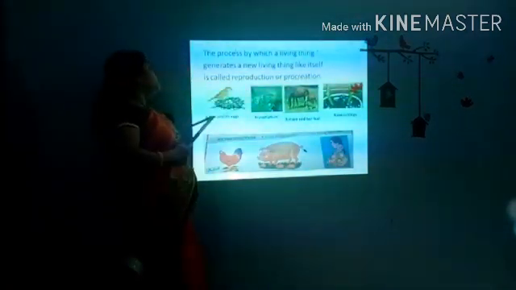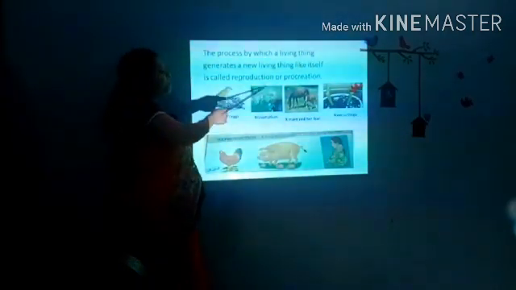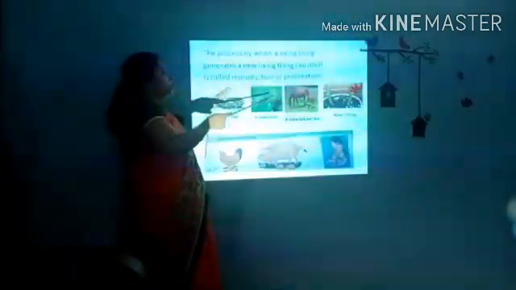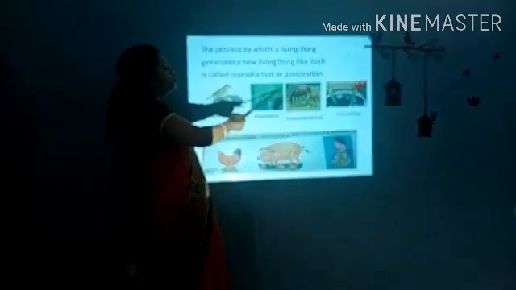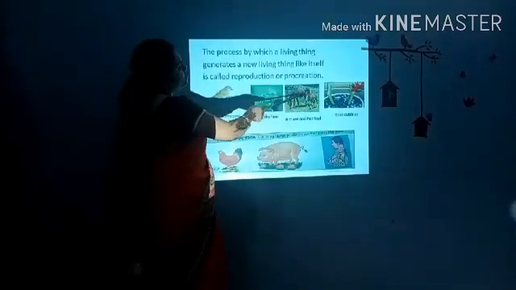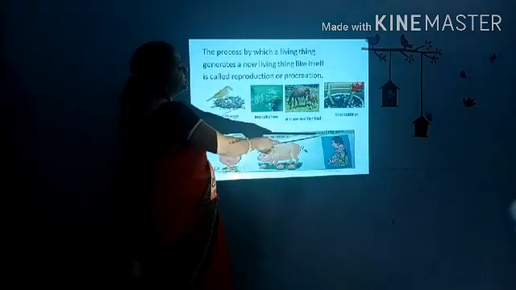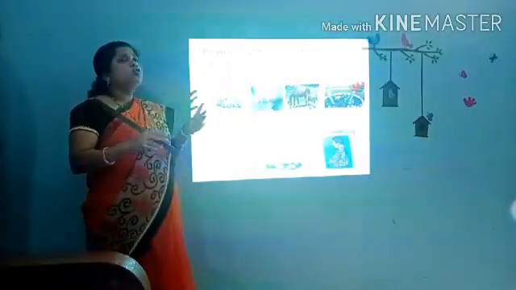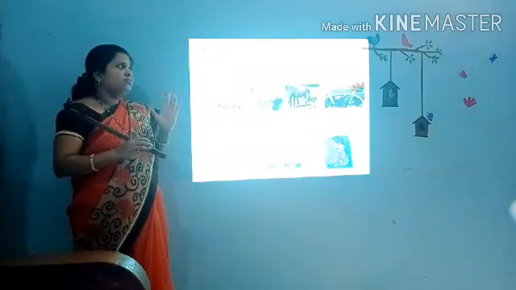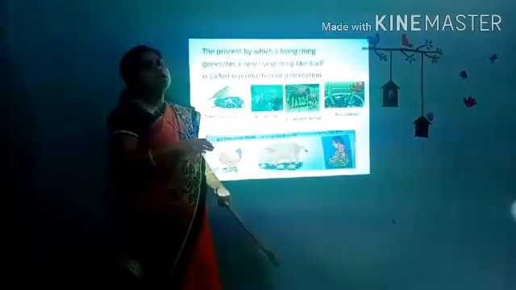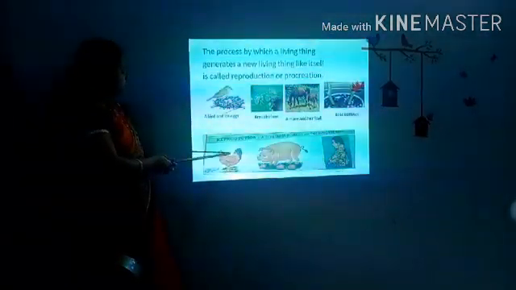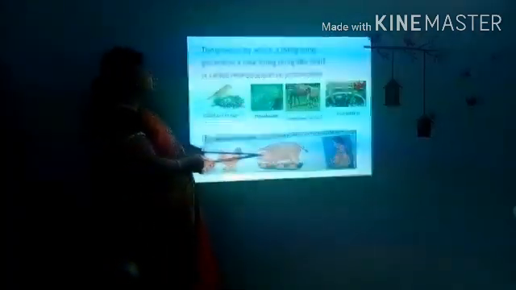Here you can see a bird giving birth to an egg. Here it is a bryophyllum. When we put a leaf of the bryophyllum on the ground, it starts growing, which means reproduction takes place there. A mare and her foal. You can see here the horse and its foal. Then rose cutting. All the time we don't need to buy a rose plant. When we take a stem of the rose plant and bury it in the earth, a new plant can grow from that rose stem. Here you can see a hen giving birth to eggs. Here you can see a pig giving birth to its young ones, and a human being giving birth to a baby.